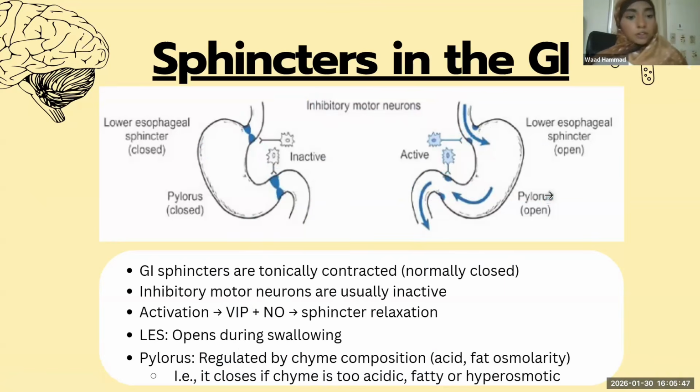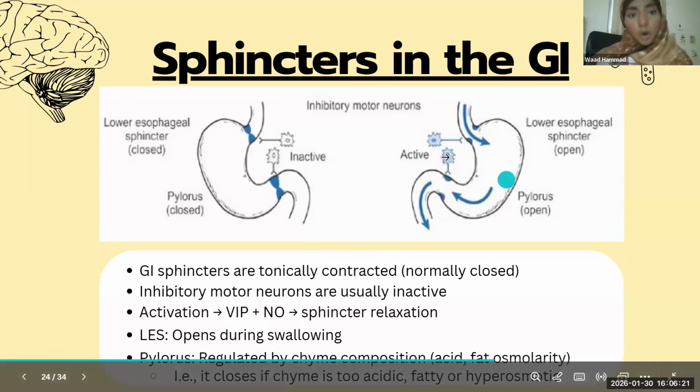So the lower esophageal sphincter, as I mentioned earlier, only opens during swallowing, and then our pylorus is regulated by chyme composition. For example, if the chyme is very acidic or too hypertonic or there's so much fat in it, our pylorus will close again because we don't want that in our duodenum. We only let it in if it's less acidic, less hyperosmotic, or less fatty. But if it's in good state and ready to go into our duodenum, our inhibitory motor neurons again will release VIP and nitric oxide to open the pylorus, and then it can pass through easily. Okay, so that's for our